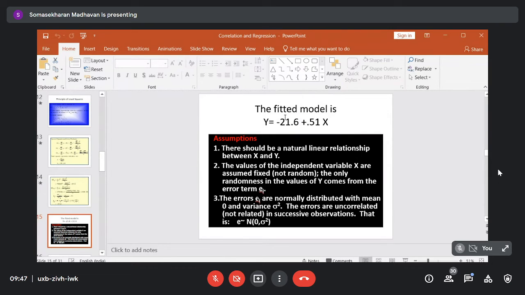For example, take the case of the price of salt and the price of rice. Sometimes both prices will increase. Then can you say that the price of rice increased with respect to the price of salt? You cannot say. And sometimes the price of rice will be more and the price of salt will be less. It is decreasing. There is an inverse relationship. So if you construct the model by this procedure, definitely you will get a better relationship. But there is no physical meaning for that. These types of relationships are called pseudo relationships.